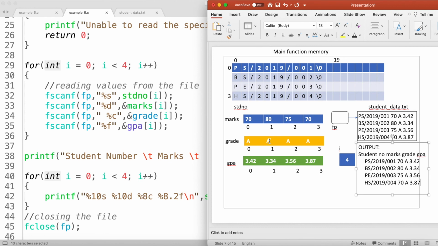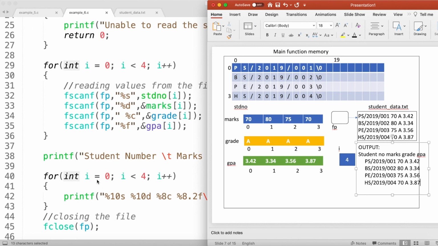So we can do this kind of printing, or if you want, you can find the average student GPA or average mark. You can have all 4 students' information inside your memory, so you can do whatever processing you need. In this case, we have just printed the information to the standard output stream, but if you want, you can do more processing with the stored information. That is the advantage of this version of the program over the previous version. This version contains all 4 students' information within our memory, so we can use it for further processing in our program.